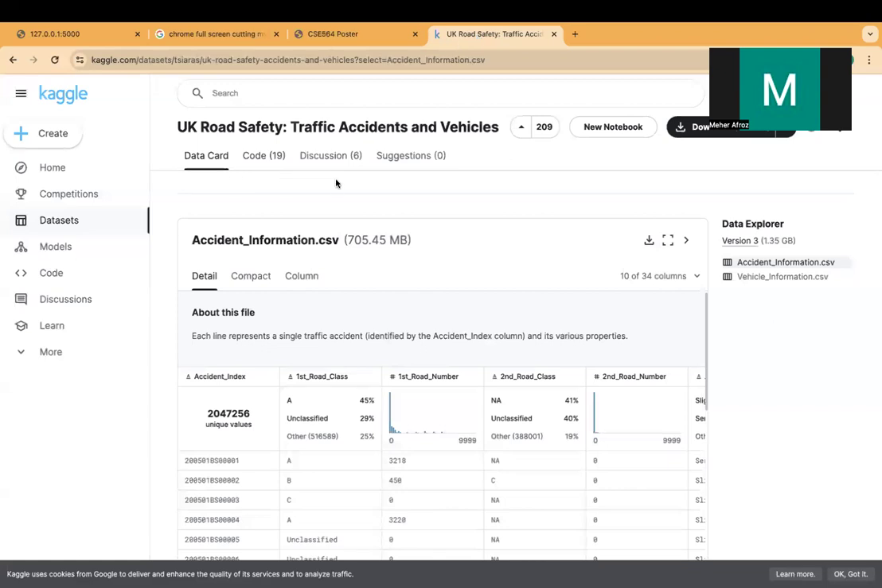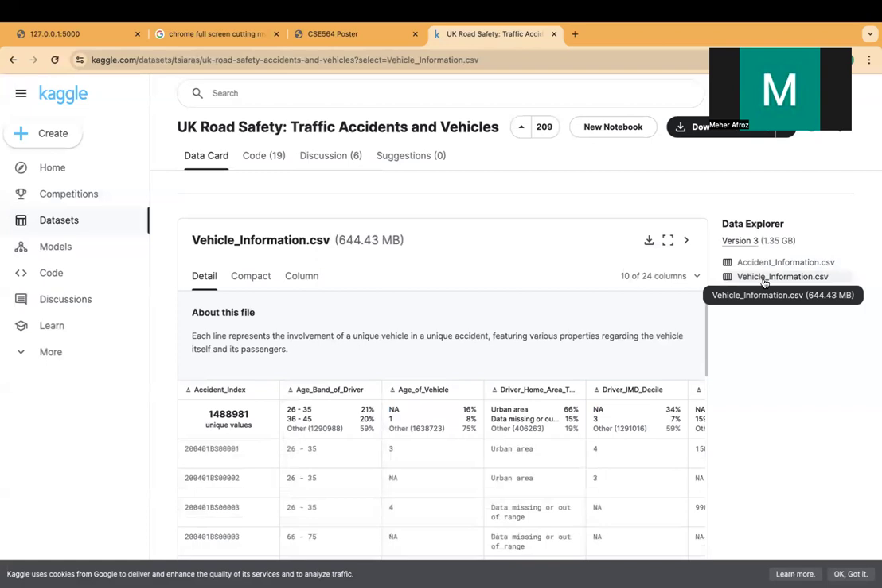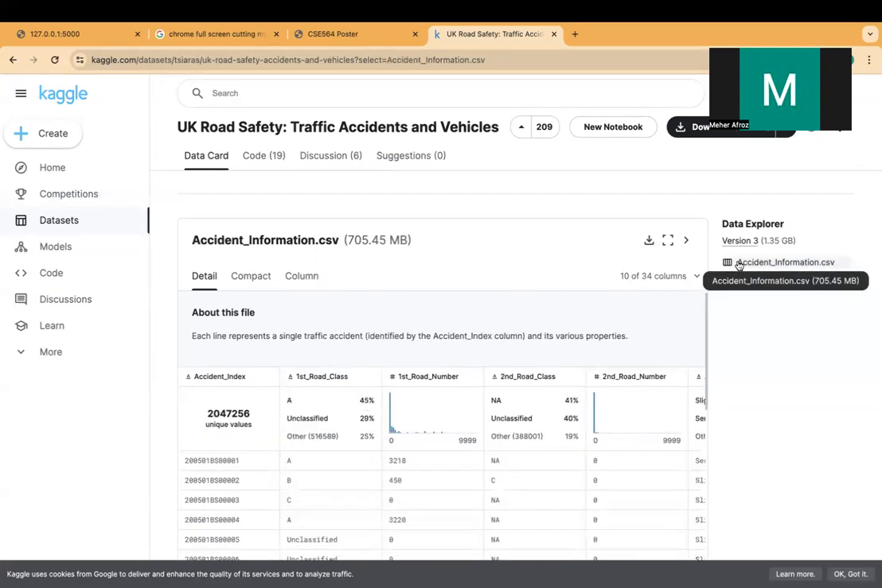Our project is on UK road accident analysis, and we mainly work on this dataset: UK road safety and traffic accident and vehicle analysis from Kaggle. In the dataset we have accident information.csv and vehicle information.csv. There are two CSV files, one having 24 columns and one having 34 columns. So we basically merge both of these datasets